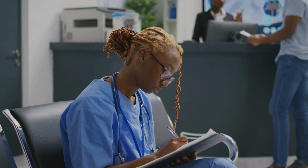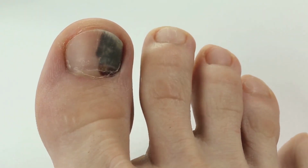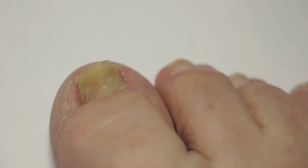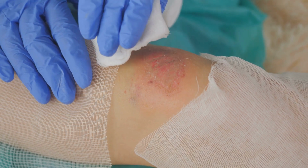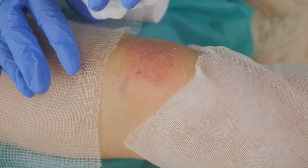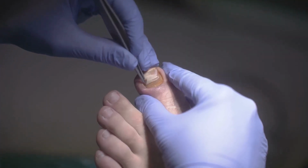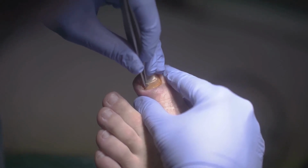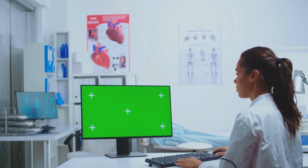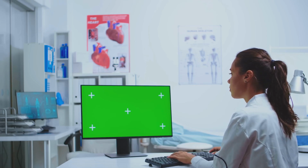The diagnostic coding must reflect the complicated nature of the condition. L60.0, ingrown nail, is the basic diagnosis. However, due to the infection and inflammation, additional codes are necessary. L03.032, cellulitis of left toe, or L02.612, cutaneous abscess of left toe, could be appropriate depending on the documented findings of infection. If there's significant granulation tissue, this might be considered part of the inflammatory response to the ingrown nail and infection. The ICD-10-CM code for the ingrown nail, L60.0, should be sequenced first, followed by the code for the infection, for example,